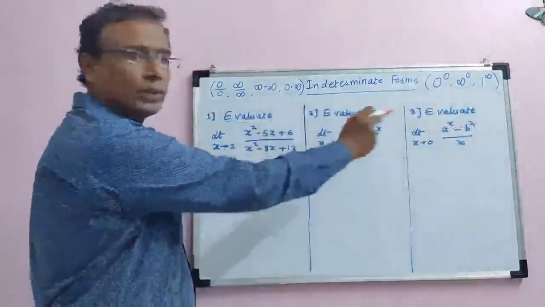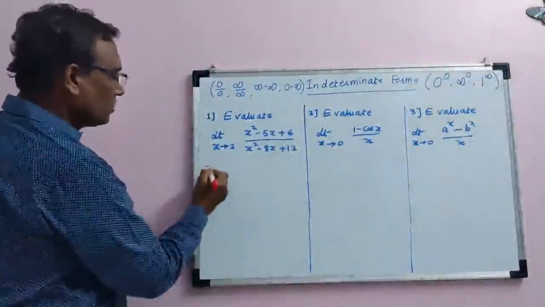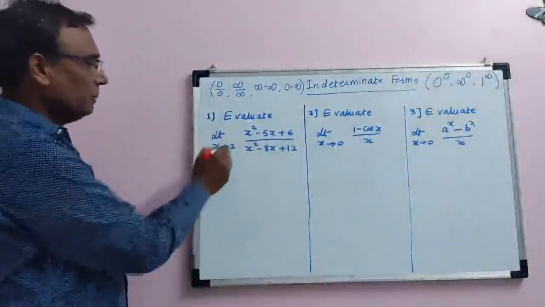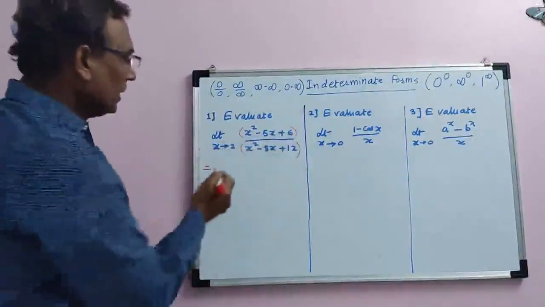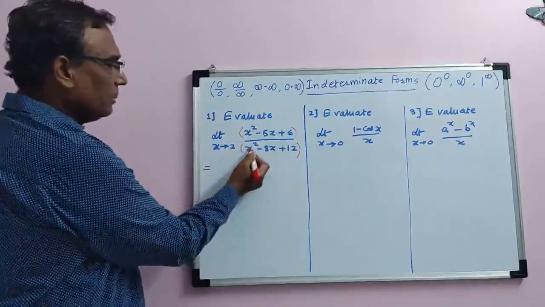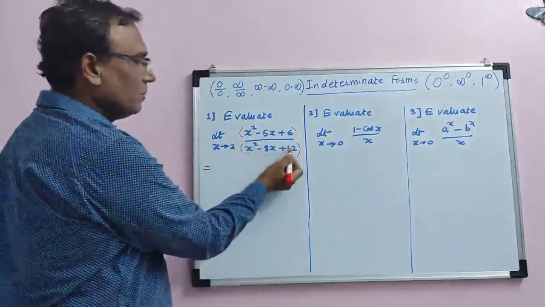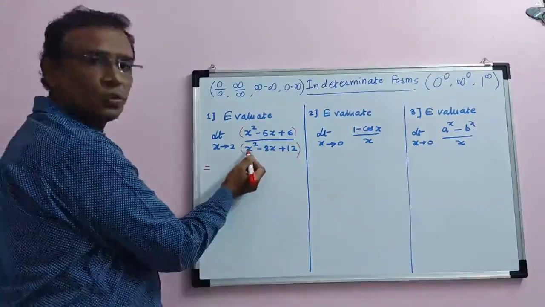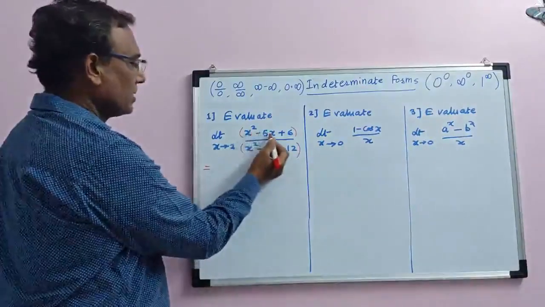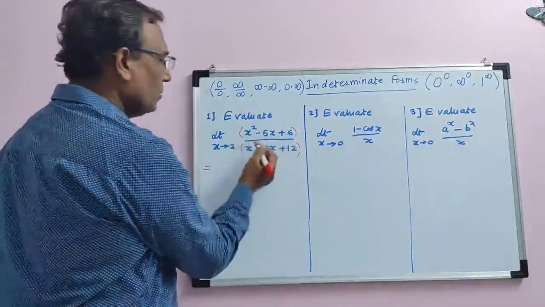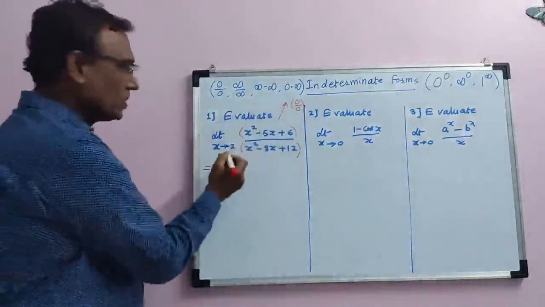Now, 3 limits we are going to evaluate. In the examination, the value of the limits may be asked. Now, this problem we are going to solve. This is the limit as x tends to 2, numerator by denominator. If you put x equal to 2 here, 2 square is 4, minus 16 plus 12, that is 12 minus 16 plus 4, which is 0. If you put x equal to 2 in the denominator, 2 square is 4 minus 10 plus 6 is 0, means we get here 0 by 0 form. If you put x equal to 2, we get 0 by 0 form.